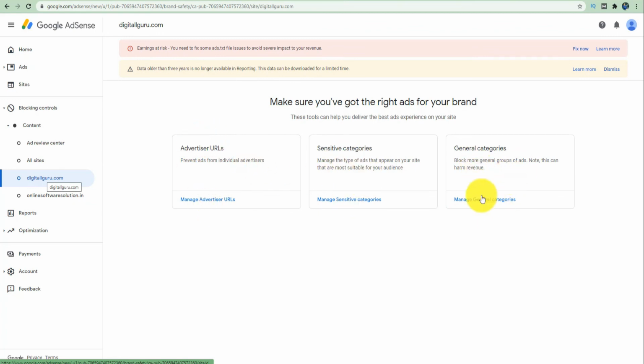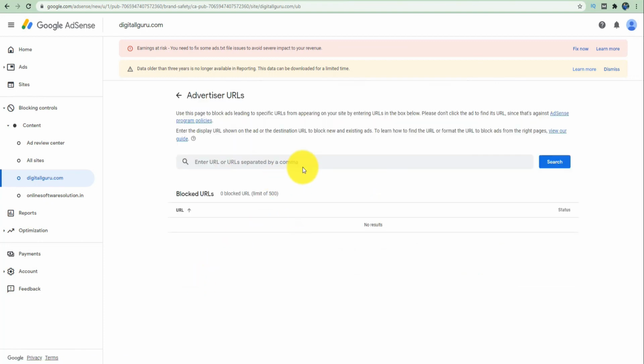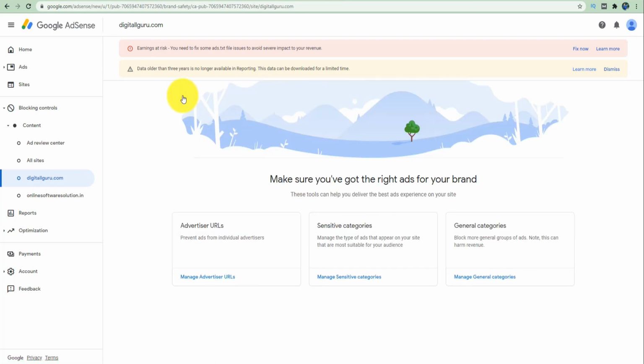Either I can block an ad by providing the specific URL. Like suppose I don't want Amazon's ad to appear on my website. I can simply give the URL of Amazon out here, that I don't want to have any kind of advertisement from Amazon. Or suppose I want to make a filter based on some categories of advertisement,